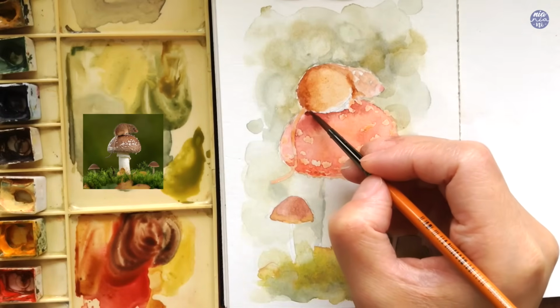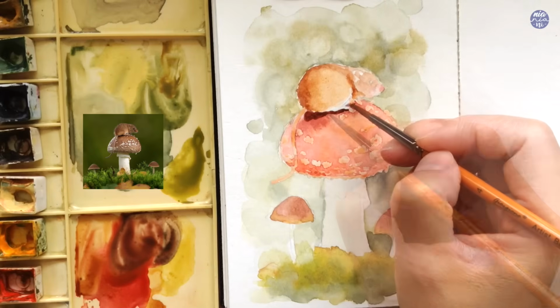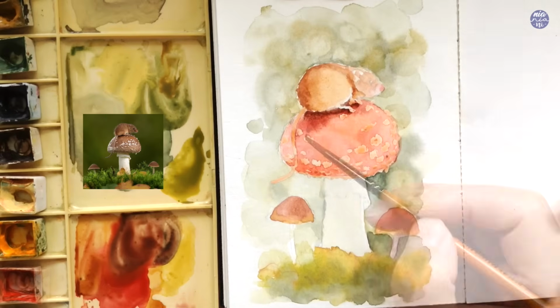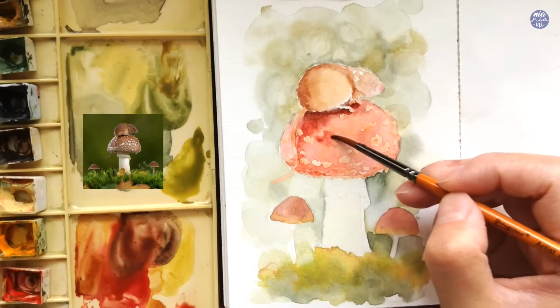I try to create a better interaction between the mouse and this mushroom cap by creating a shadow directly underneath the mouse. And for this, I just used the same red as the mushroom cap, but I added some burnt umber into it. Then I'm going to go back